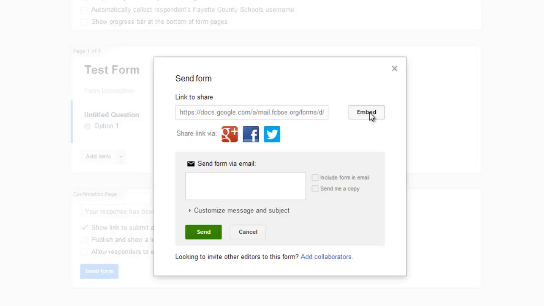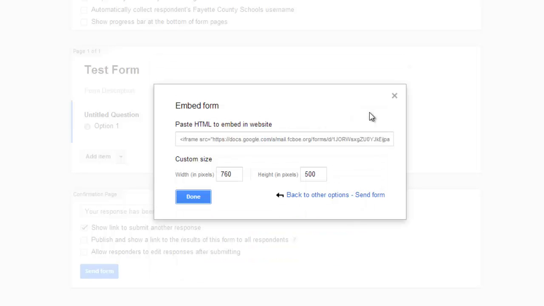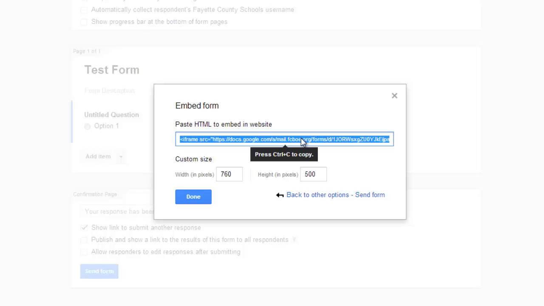You can also embed the form by clicking this link here, and what that means is that you can allow the form to be embedded in a website, and here's how you're going to do that. So you would take this and copy it,